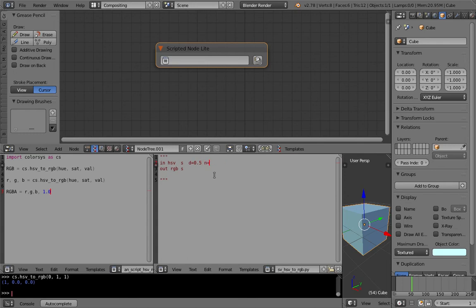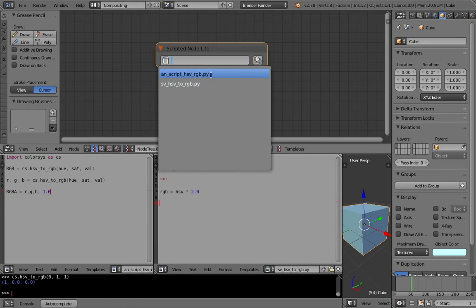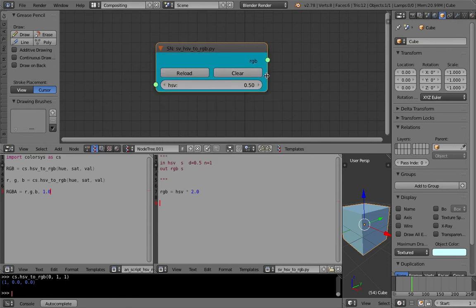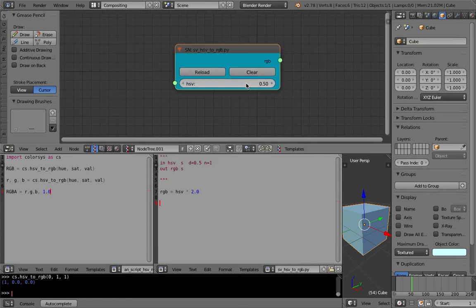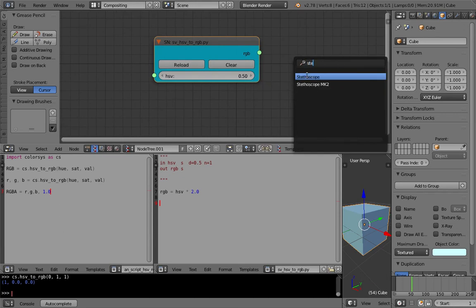Nestedness is a concept that's a little bit tricky to explain, but I think I'll just give it a value of 1 at the moment. And for the output, I will just say RGB, the output, equal HSV times 2. Let's say it like that, and then load it in here, HSV, and then load it. It should work. So if we check it in here,